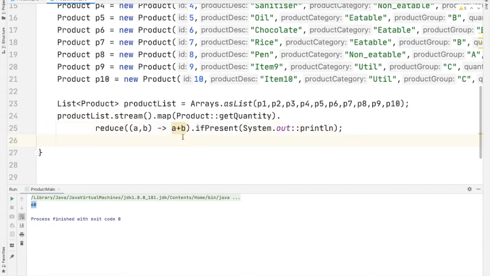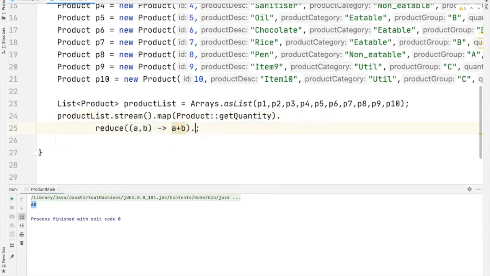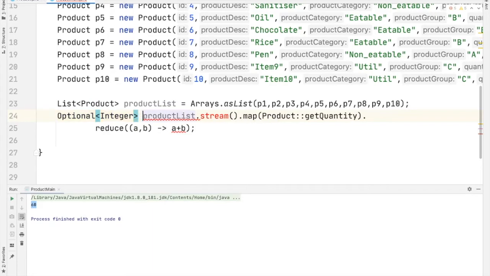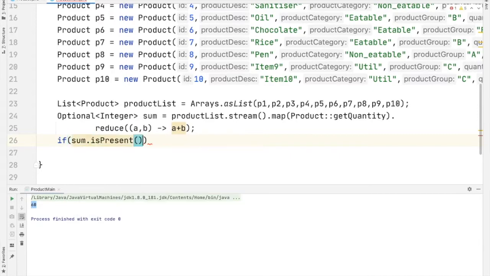Now, if you want to store the result into a variable, then you can declare a variable with optional class and assign the result to it. So it's like this. We have to remove the if present. Then optional with integer type, sum equal to the remaining code. Now we have to check whether this result is present or not. So this can be done by if sum dot is present, then we'll print the result.